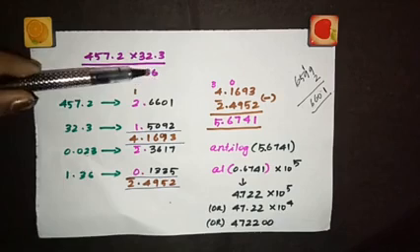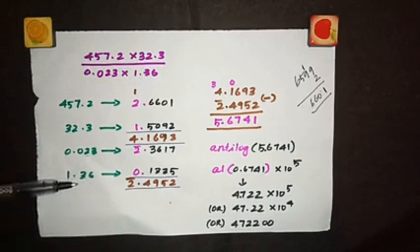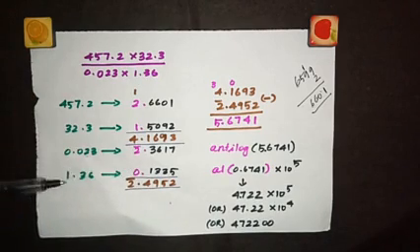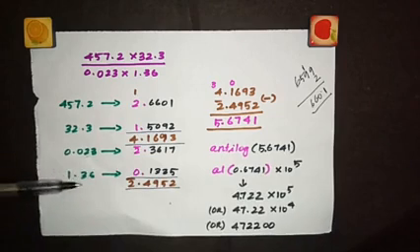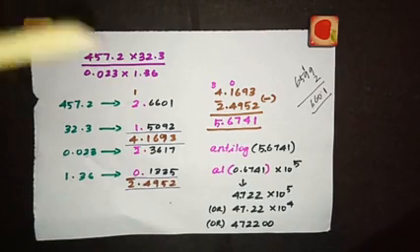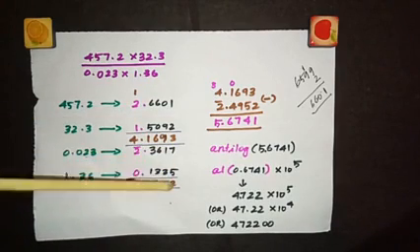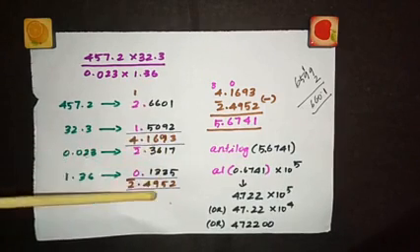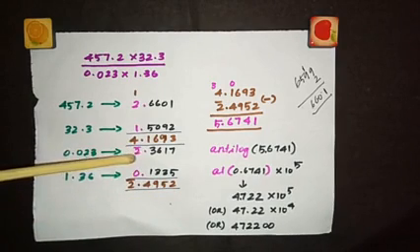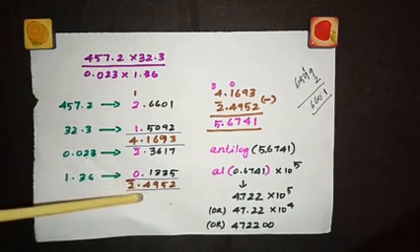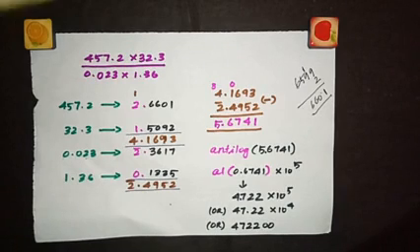And now coming to this one, 1.36. You have to write the characteristic part 0 because before the decimal just one digit is there. So 0.136. Look into the table for 13 and 6. You will get a value of 1335. Now add these two values. 7 plus 5, you are getting 12. And remainder 1, 3 plus 1 plus 1 would be 5. And 6 plus 3, 9. 3 plus 1, 4. And you got 2 bar. 2 bar plus 0 is 2 bar. Treat this 2 bar as minus 2. So minus 2 plus 0 will be minus 2. So 2 bar 0.4952.